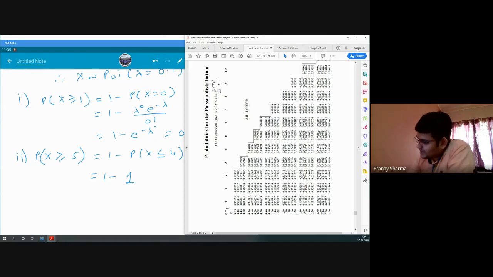But this is how we'll find our lambda here. If my lambda was 1.5, this is the lambda we would have taken, and if I needed to find less than equal to 4, I will go 1.5 less than equal to 4. This would have been my answer. But here, because our lambda was 0.1, we do not have less than equal to 4. So greater or equal to 5 is approximately, we'll say, 0.